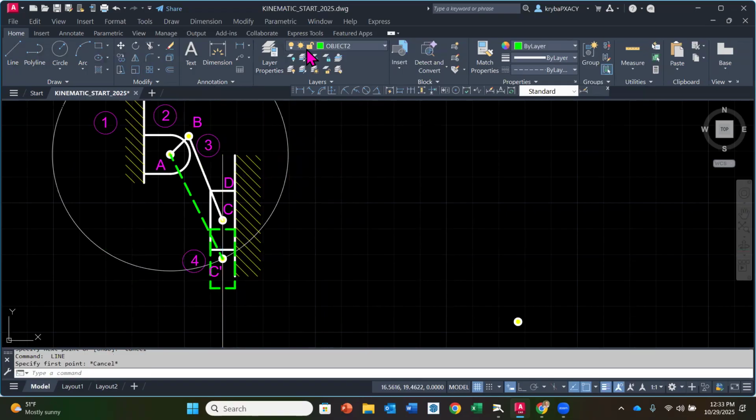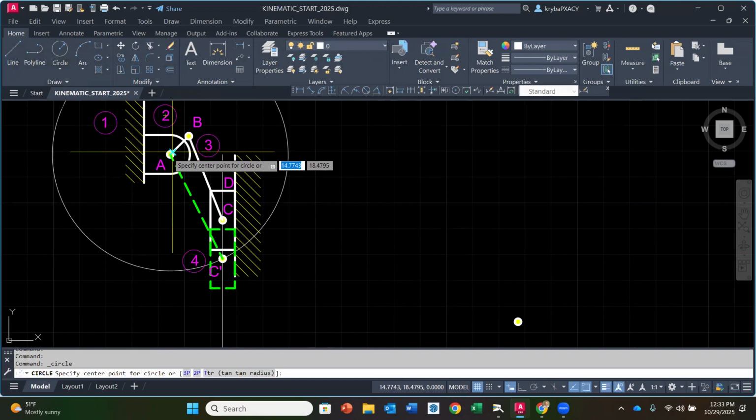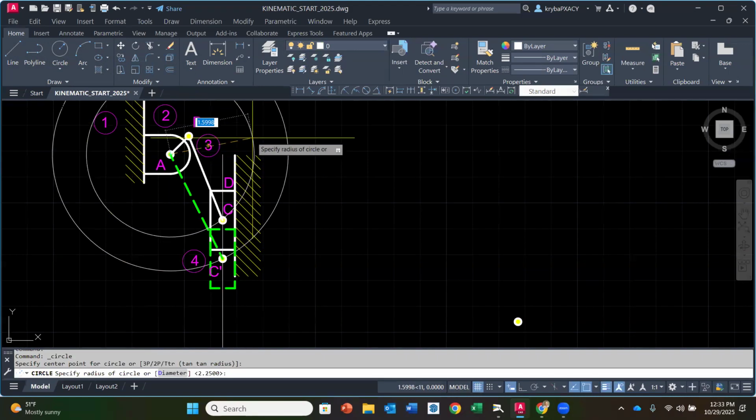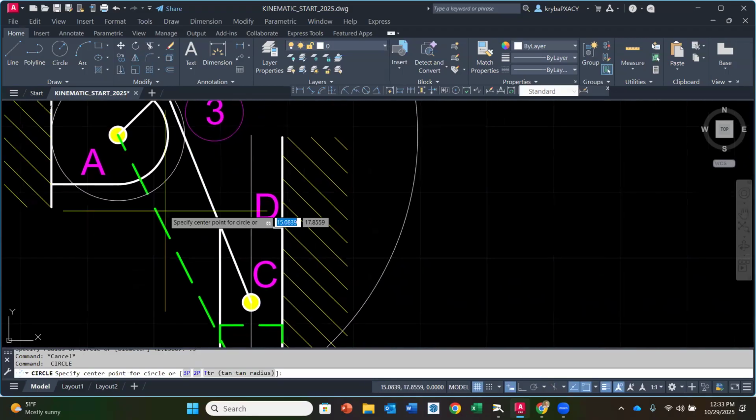So I know that if I go back to my 0 layer and I draw a circle center radius, link number 2 is 0.5 long, right? So where this intersects right here, that is going to be,